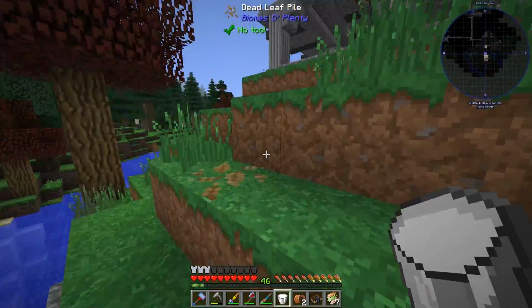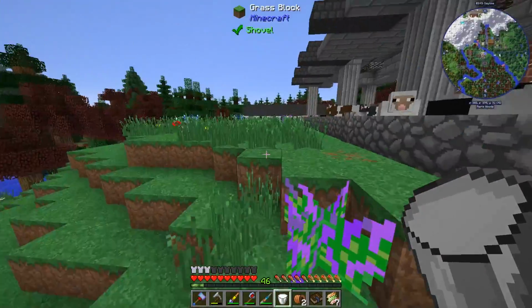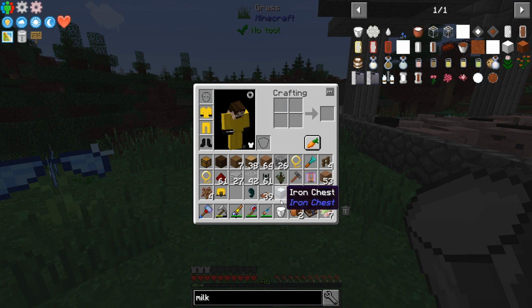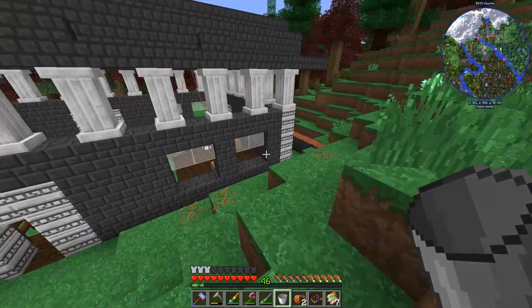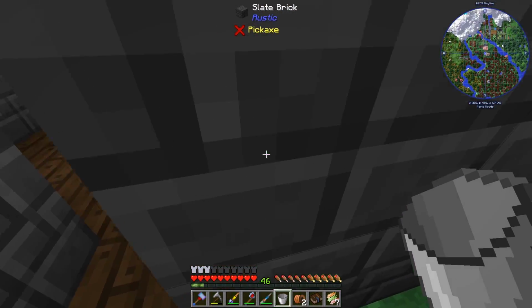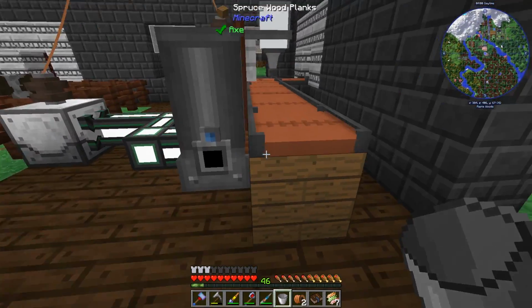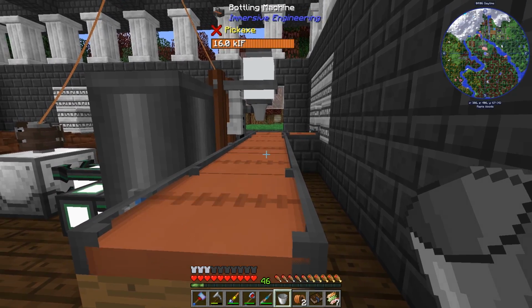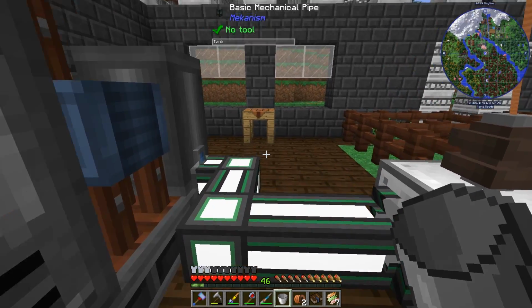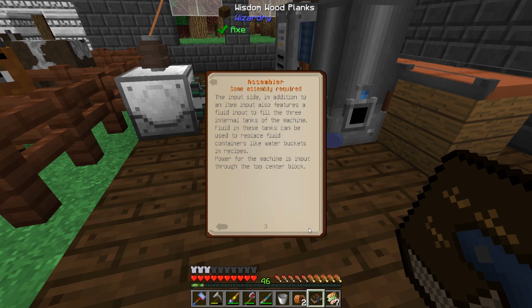So we have a machine now that takes the milk bottle, the milk bucket that we have already, crafts it into 4 normal milk. We do get the bucket back. We can send the bucket back around the system, like have an input through here. The bucket goes back in. It creates another milk bucket. Oh, and that fixes our problem. Okay, well, I've got a plan now. What we're going to do is we're going to set up an automatic crafting table as well. Wait, the input side, in addition to item, also features a fluid input to fill the 3 internal tanks of